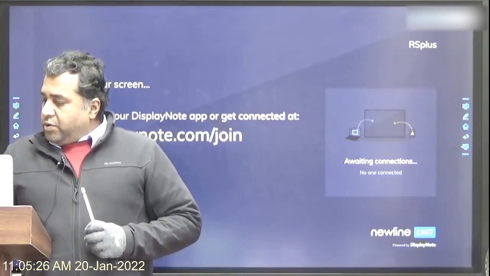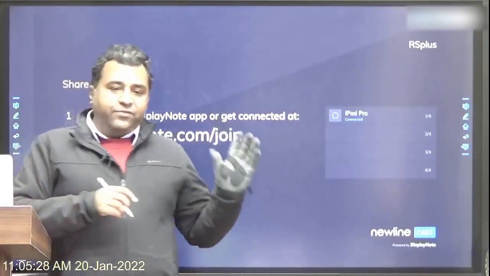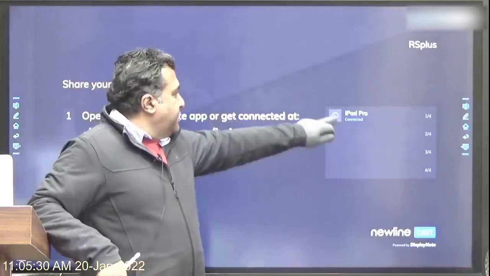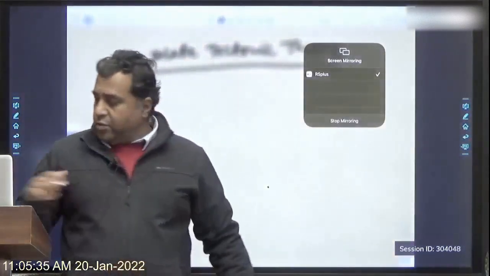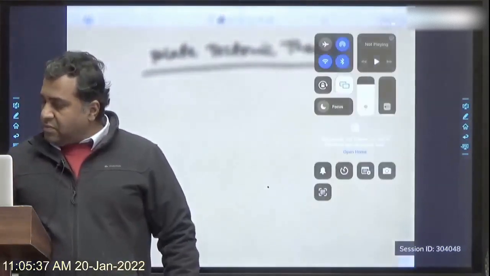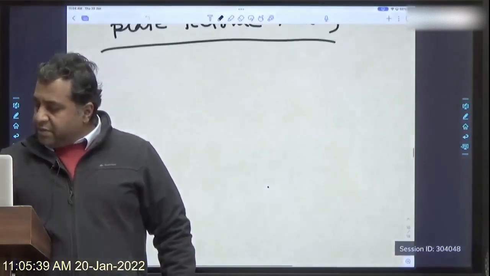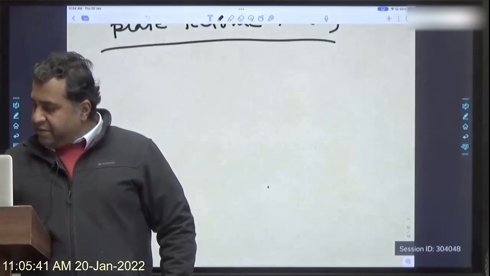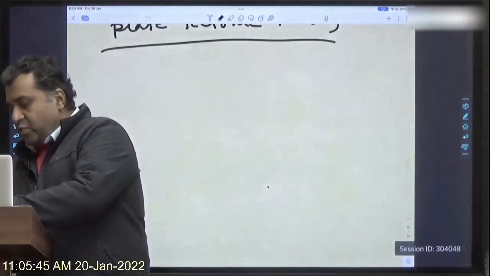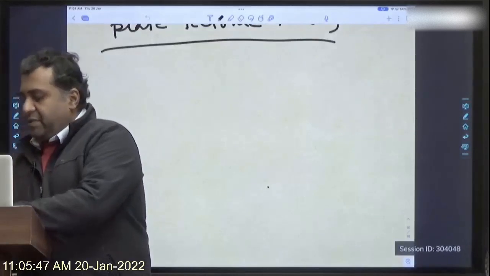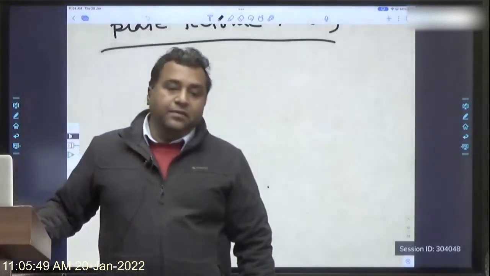So what did the plate tectonic theory finally say? I'll have to draw the diagram. I'm just trying to connect, as you can see, right? Once connected, I'll show you the diagram, and I would expect all of you to draw along with me. So what did this theory say was that the previous theories stated that the lithosphere, please do write this in your copy. The previous theories stated that the lithosphere